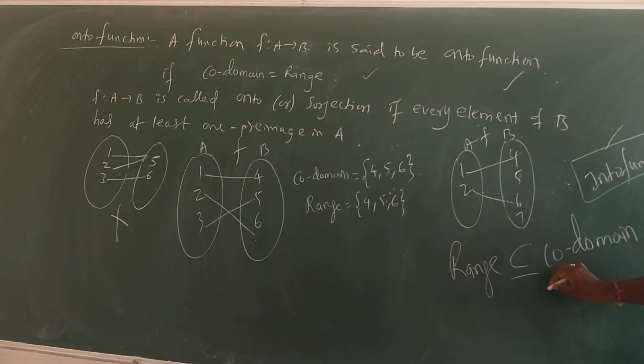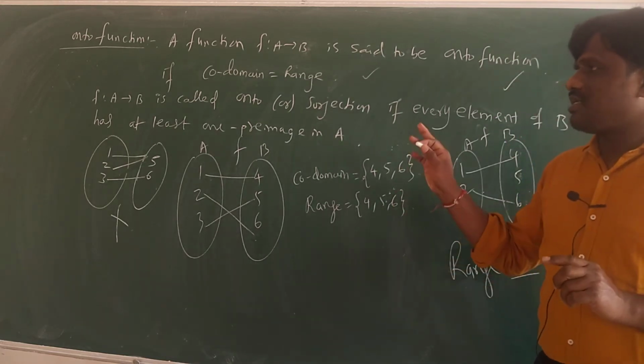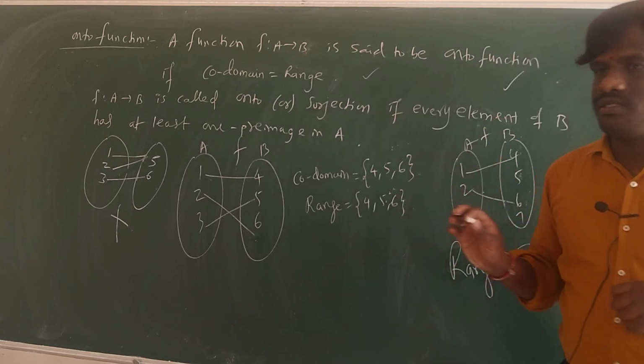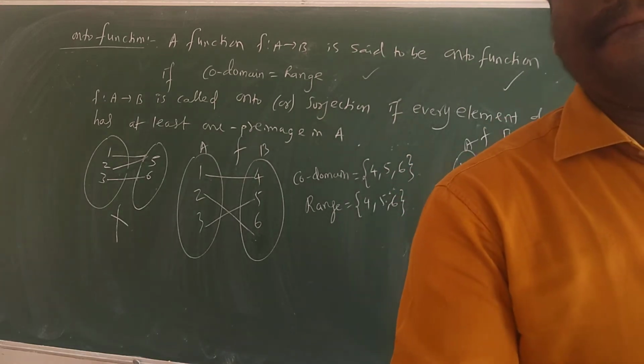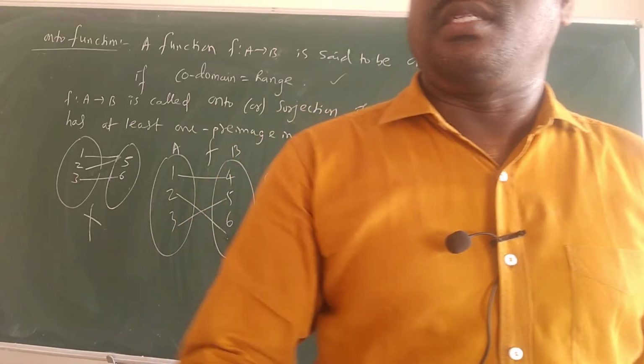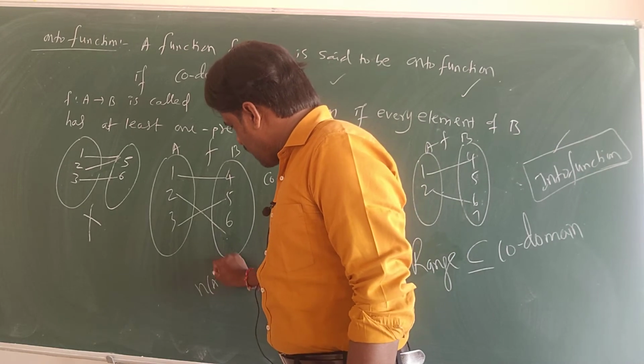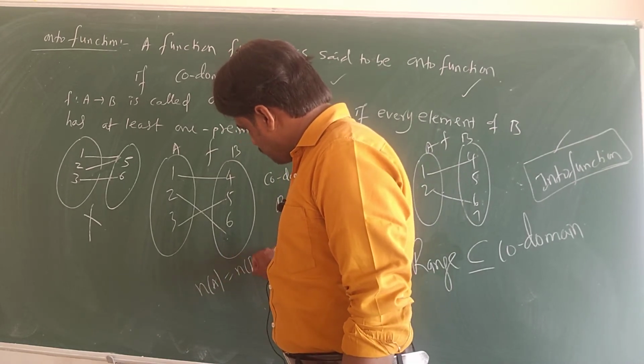That's understood now. And there is one more, that is many to one. I told one-one, but many to one I did not say. I'll explain that. Please note this down. So here, if you see, in this case what you have observed, the number of elements in A is equal to the number of elements in B.